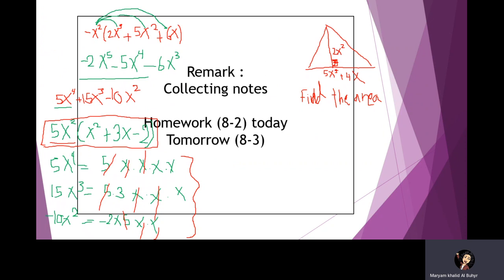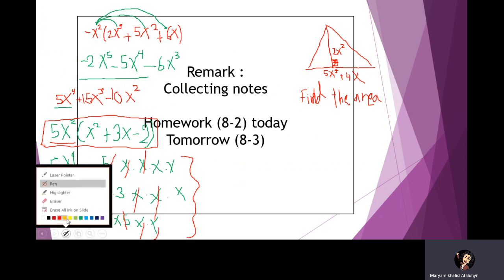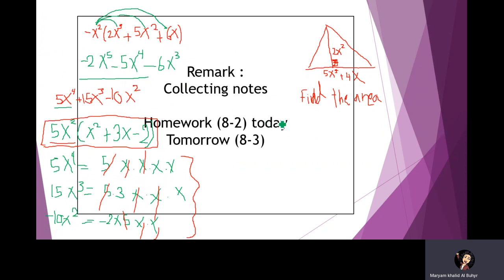So if I'm telling you find the area, you know the area. What is the area for a triangle? You know the area for a triangle. It's A equals half base by height. So the base is given, 1 over 2 is given. B is given, what? The base is this one. So that is